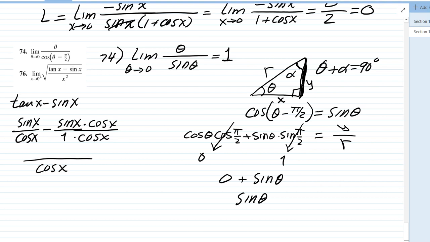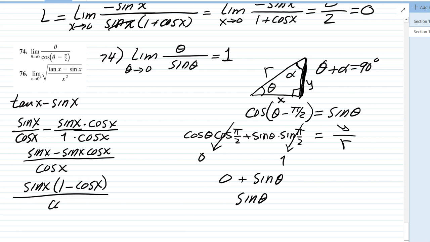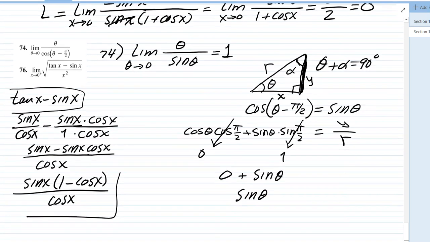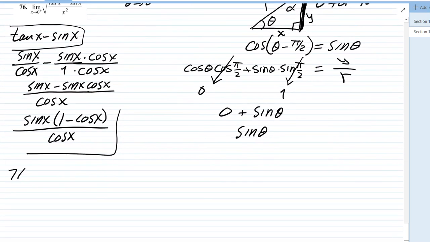Here's the LCD. The numerator is sine x minus sine x cosine x, right? Now I can actually factor a sine x in the top. In the numerator, that makes it 1 minus cosine x divided by cosine of x, right? Okay, so let's work with this version rather than that version. So the problem again, number 76, now we can write it as the limit as x goes to 0 from the right of